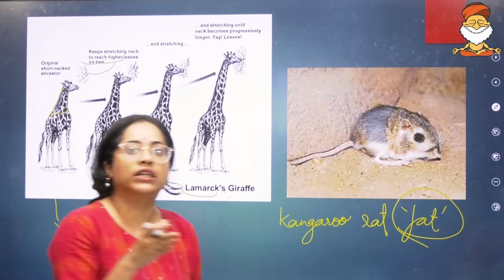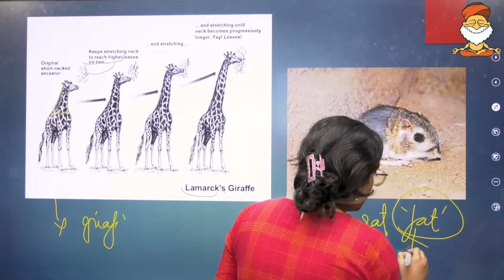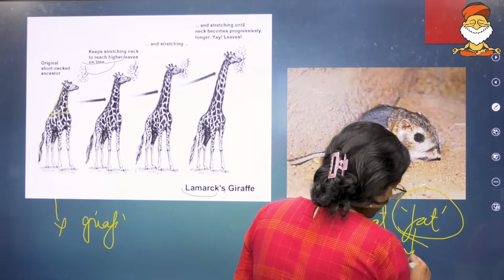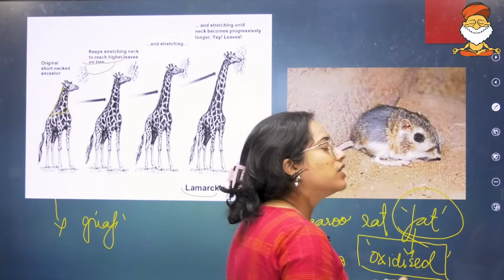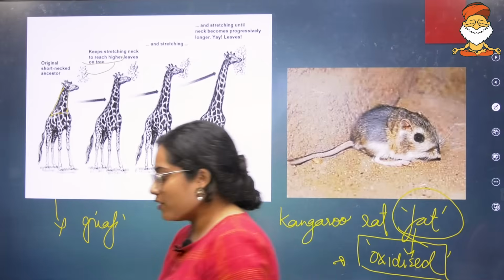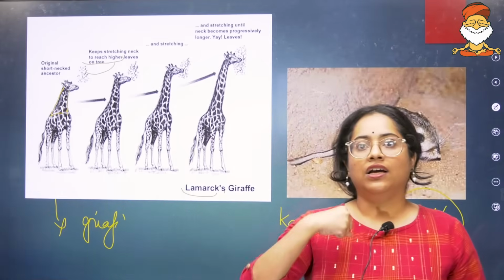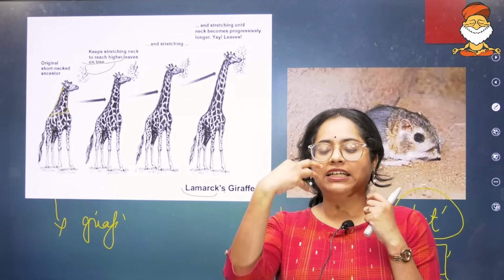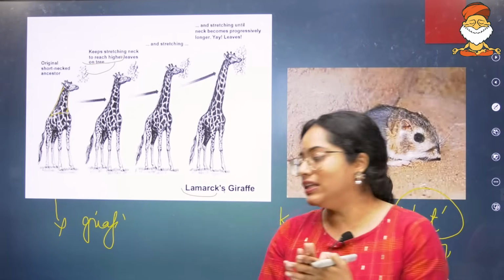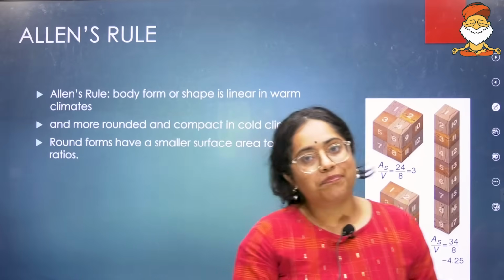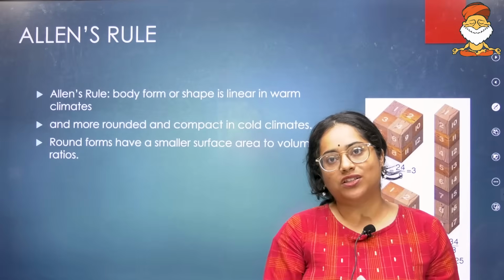And in those times when it does not have enough prey, this fat gets oxidized and is consumed for different purposes, which means the internal functions of it are modified in such a way that it can be equipped to live in these conditions. To understand adaptations in a much clearer manner, we need to look into a certain rule called